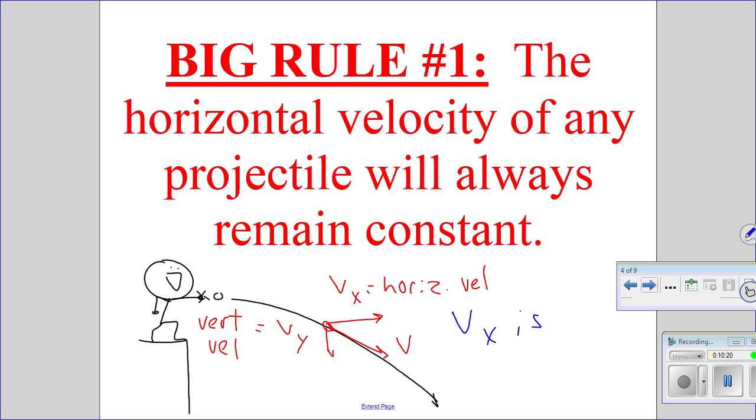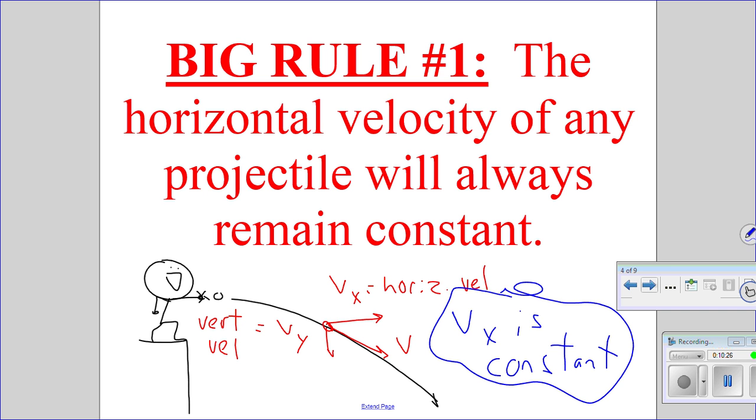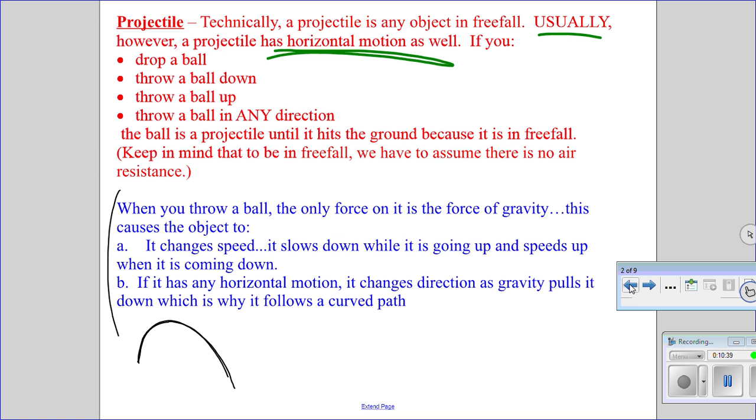Vx is constant. That's big rule number 1. Cool? What about like wind? What about when you throw something and the wind makes it...? Really good question. So what about wind? I realized a minute ago, I think I didn't emphasize this. Remember when we talk about